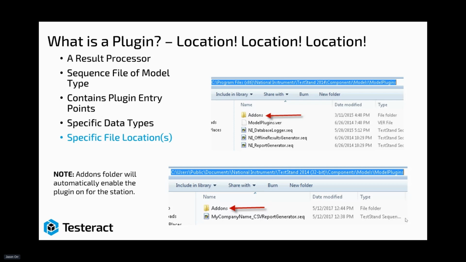And so when you open up your configure result processing window, it shows up in that list where you have the checkboxes where you can enable or disable them. If they're inside the add-ons folder, the subdirectory down below, what that tells TestStand is this is a plugin that I want you to globally enable forever and not give anybody the option to enable or disable. So there are times in which you want to do that, but in general, our recommendation is that you make it configurable,